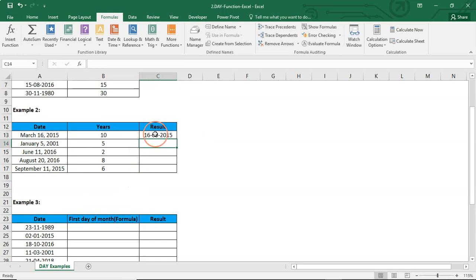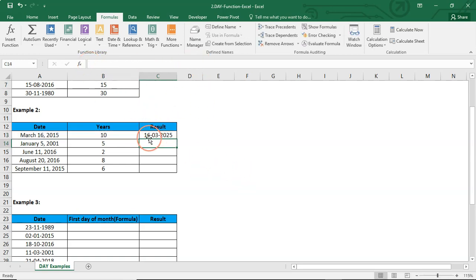See, it is automatically generated. But I made one mistake. I'm not adding the years, so it returned the same date. Now I want to add these years to this particular date. See, now I hit the enter button.